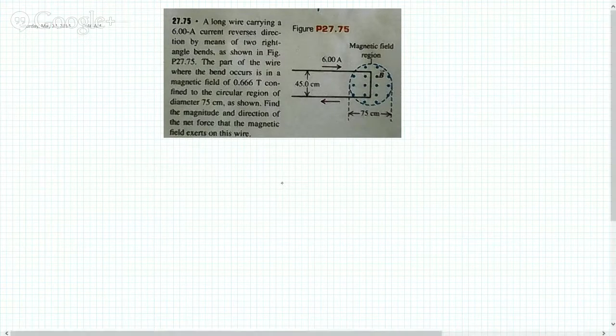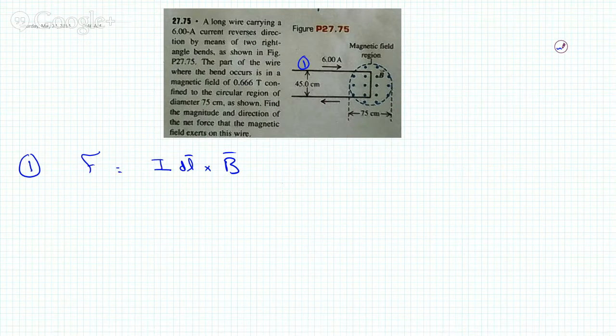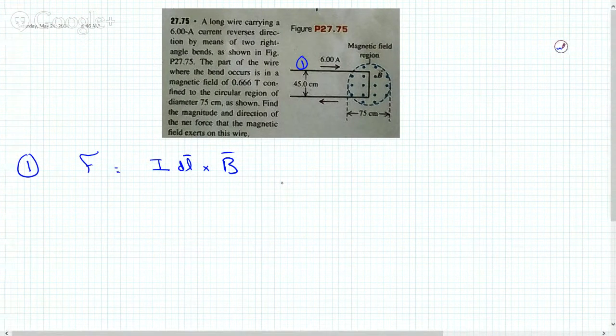So if we go on the first piece here, you can see, we know that F is equal to I dl cross B. Now, if you do the right-hand rule on this, of course, we are only concerned with the piece that's inside the magnetic field, because inside the circular magnetic field, outside there is no force. So on that piece, if you